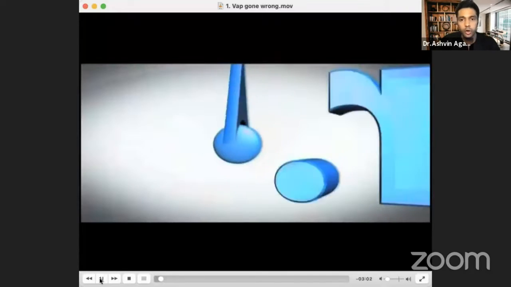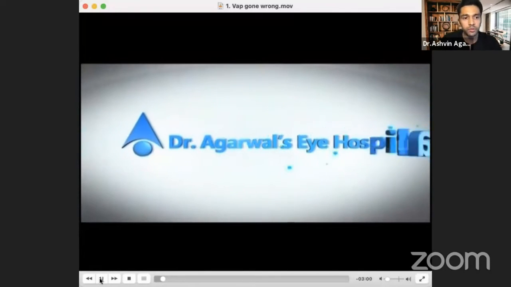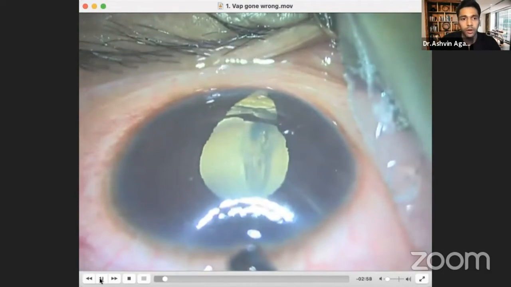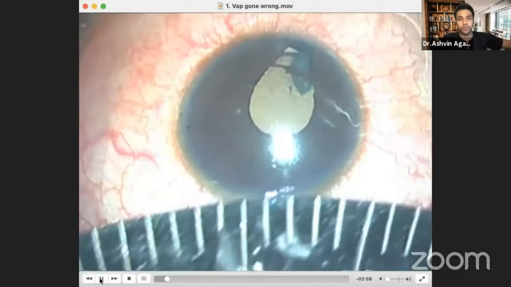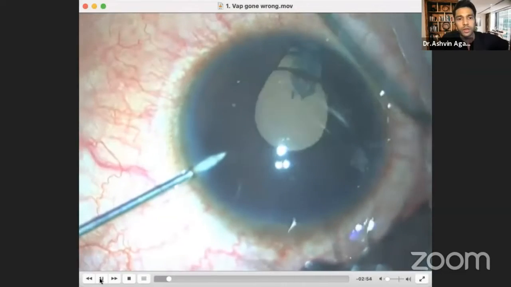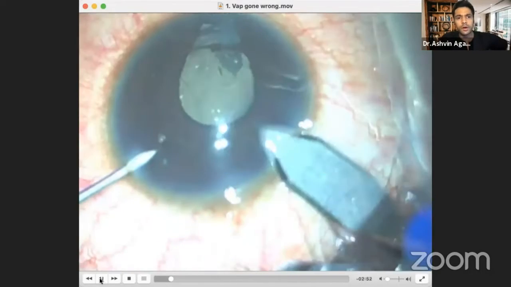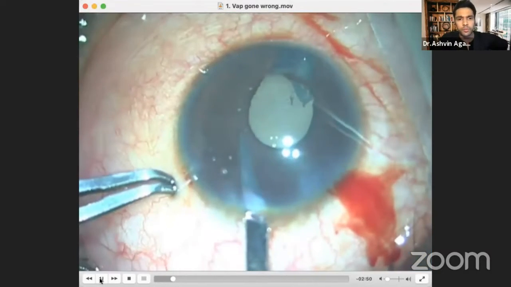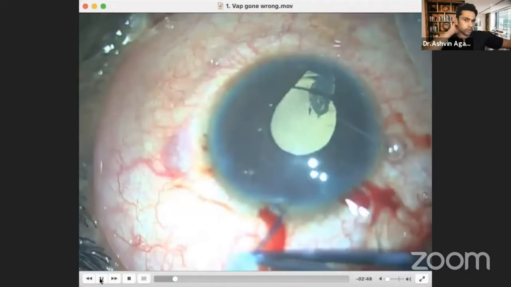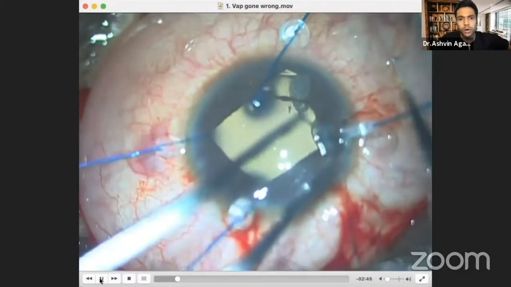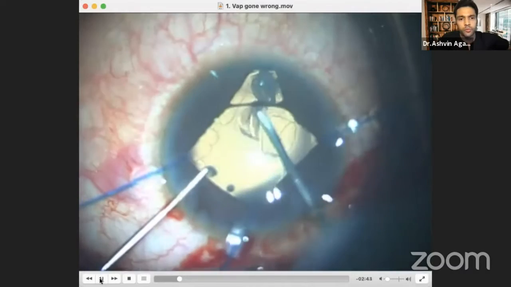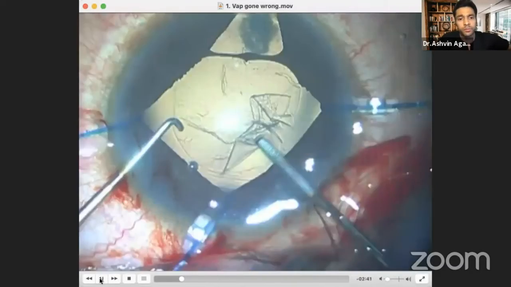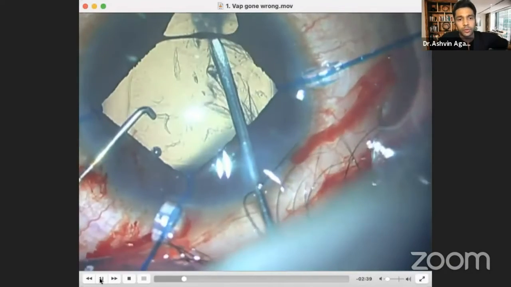I will begin with something for which I coined the term VAP. VAP is vitrectomy assisted phacoemulsification, and this is a procedure done in aqueous misdirection, coloboma, wherever there is positive pressure coming from behind. The technique is basically to do a little bit of dry vitrectomy to free up some space in the anterior chamber.